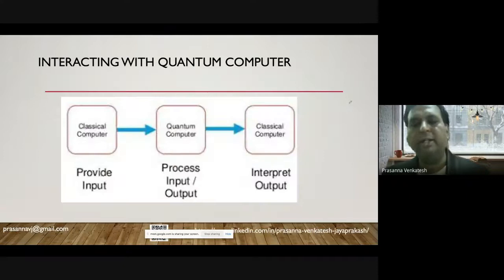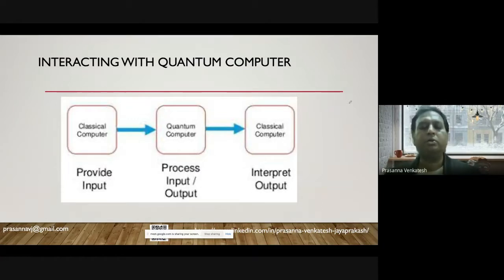Don't worry about it. Okay, you are saying quantum computers require things like temperature management, so how do we actually interact with them? The typical process is that you utilize your classical computers, your laptops and PCs, for interacting with them.